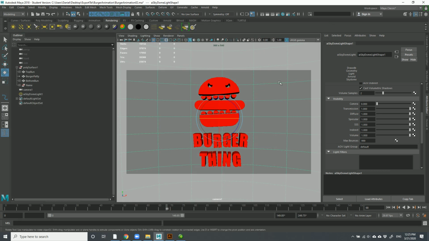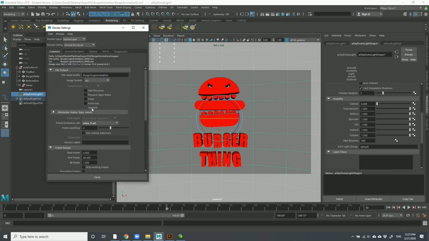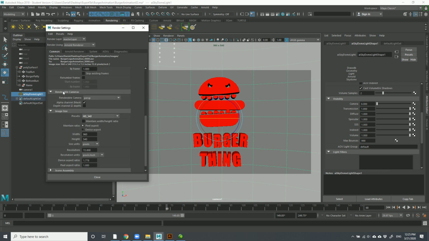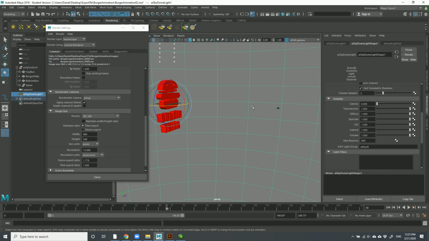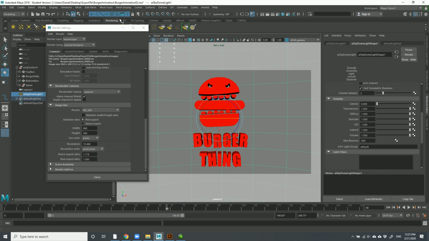And at this point, I've already done my render setup. Everything is in the right place. I've got the frames here. One last thing I want to check: renderable camera. I don't want to render the perspective, right? Because perspective would give me this, and that's not what I want. So in here, I'm going to choose camera 1, and just jump in to camera 1 as well. And we make sure everything here is ready,